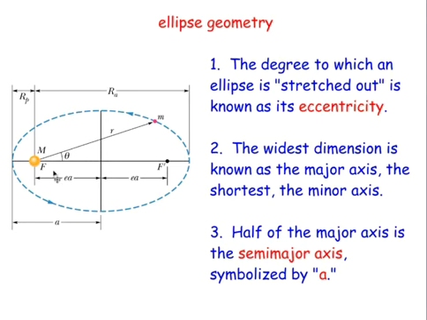And the important thing is that those two locations where you put those pins are simply called the foci, or individually they're called a focus. The sun is always at one of those two foci. What's at the other one? Actually nothing. But the important thing is that the sun is at one of those two foci. So that is Kepler's first law of